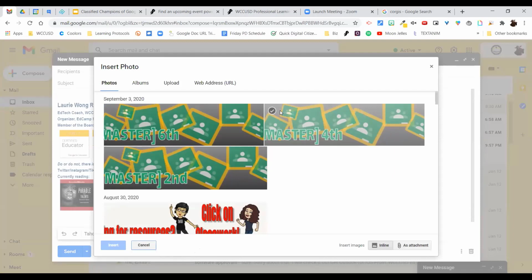If this is a photo that is on your computer, on the hard drive, then you're going to click on upload. So how about if you're on your phone? If you're on your phone and it's from a text. Okay, so that becomes a little more complicated. Because if you're using the Gmail app on your phone, that's a little bit easier because it's in the same place. But if you are trying to write this message and it's on a text,